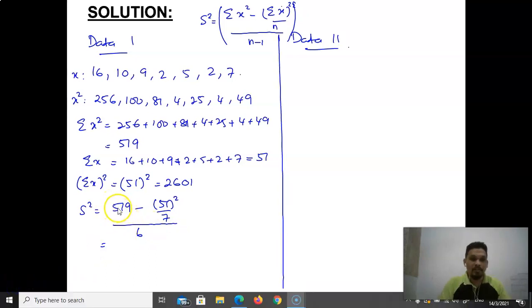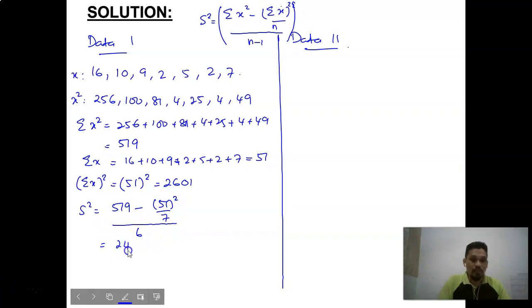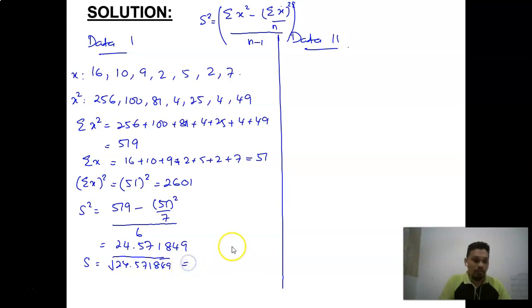The result of 519 minus 51 squared divided by 7, and everything divided by 6, equals 24.571849. So standard deviation S equals the square root of the variance, 24.571849,